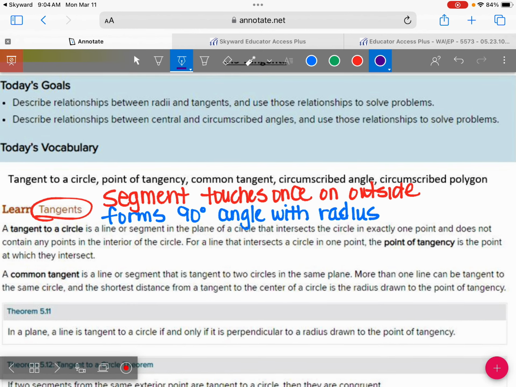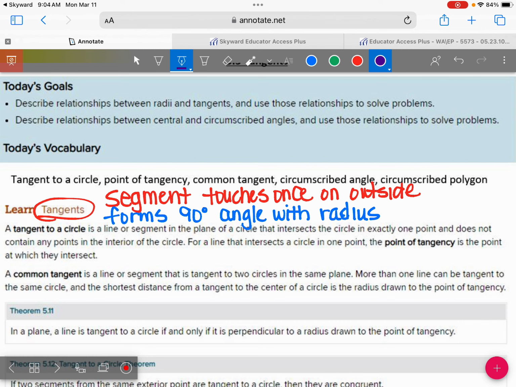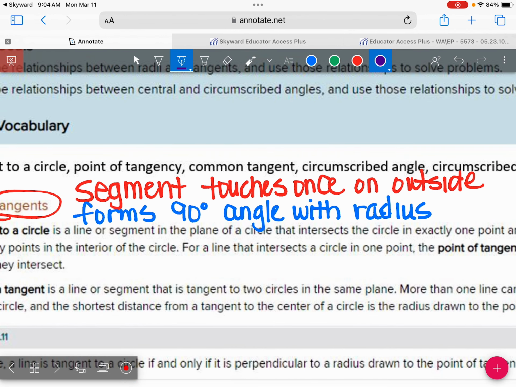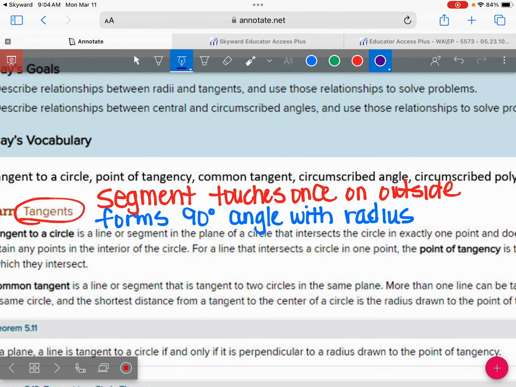And then I wrote these two statements to kind of summarize what a tangent is. So take a minute and copy these two statements down. I just took that paragraph and summarized it to two sentences. Okay, first of all, what is a tangent? A tangent is a segment that touches the circle